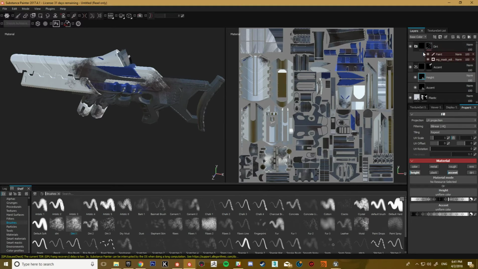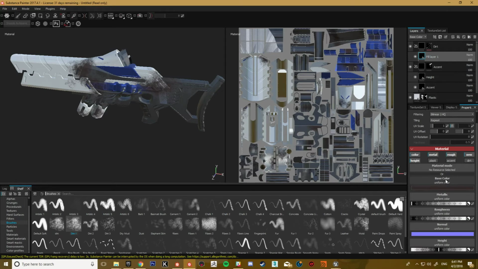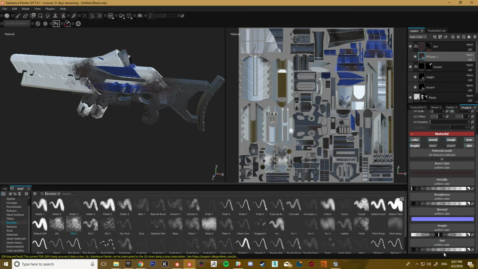And then the same for the dirt. So it's a fill layer, so it's not got any conflicting things. So we'll get the dirt and we'll say put the dirt to white. And if I missed a step right now and I exported this, then we just get a bunch of white channels, which is not what we want.